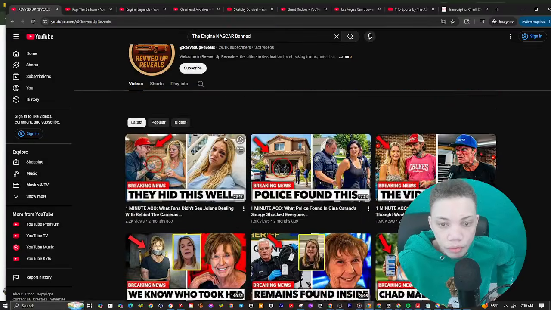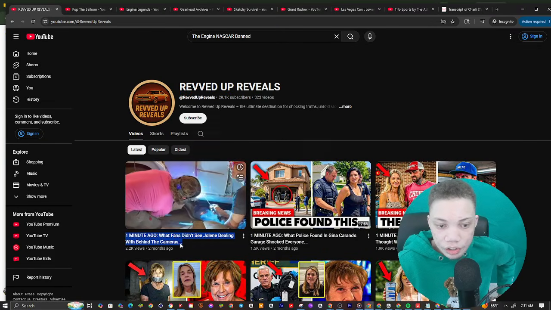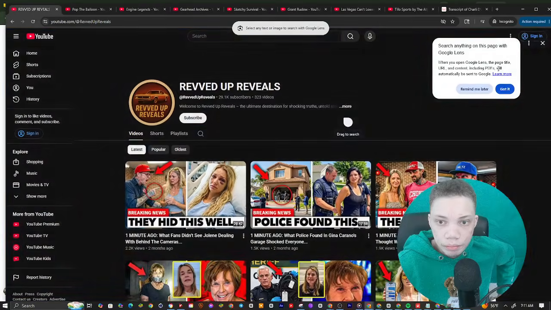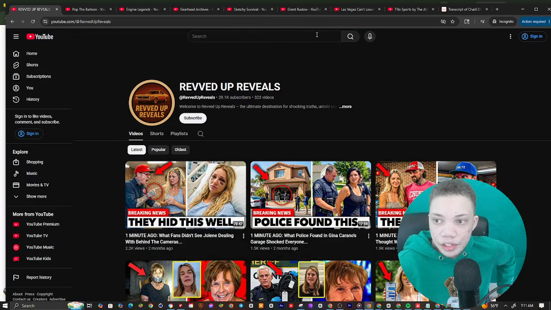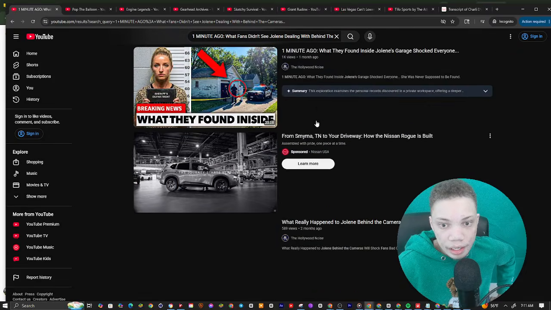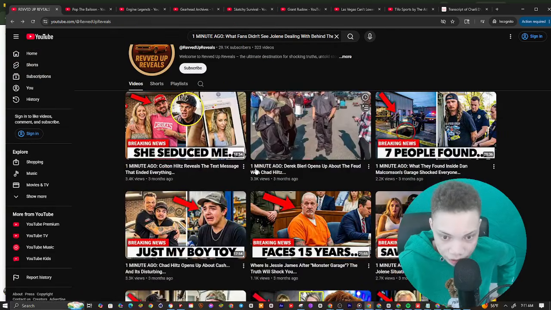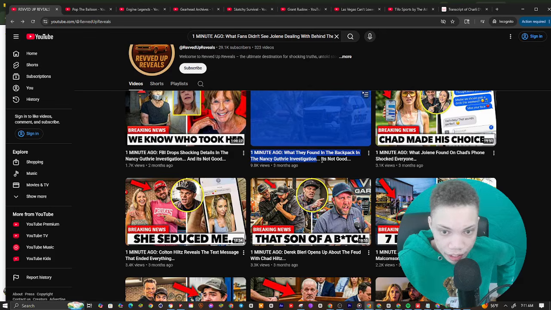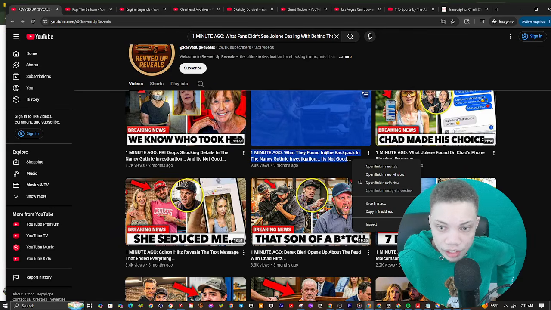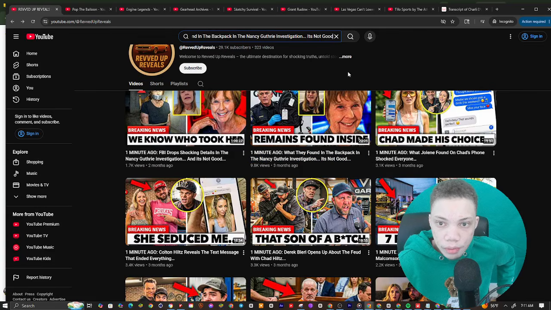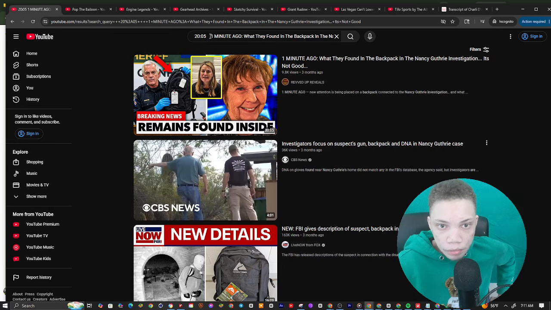The reason why he gets stuck is because he does formats that are oversaturated. So if we go to search right here, the reason why these angles get stuck is because they go too broad. When they go too broad with the titles, they get stuck. And you can see 1K. The reason why this title didn't get stuck, and the reason why the algorithm did push this to 9K, is because this angle itself wasn't too broad. This term itself wasn't too broad. And how do you know that? If we go to searches right here, you can see it wasn't too broad.